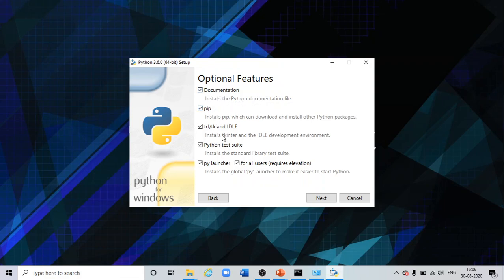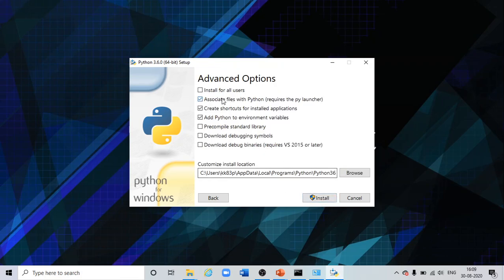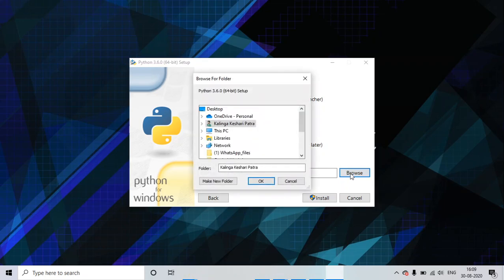So then I'll go here and all these things are already selected: documentation, pip, IDLE, Python test suite, PyLauncher, and for all users. So just click on next, and I want to install for all users. So then I have to choose the path. For that I'll give my own path. I want it to be installed on C drive with a Python folder.